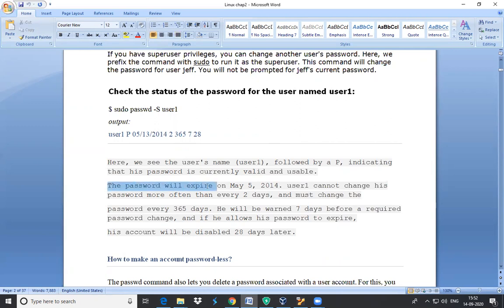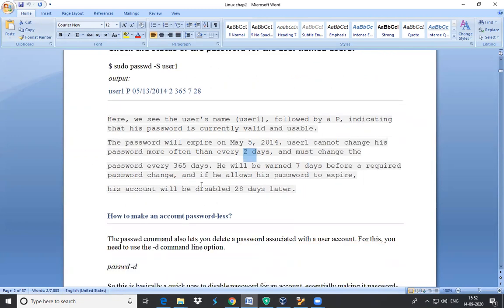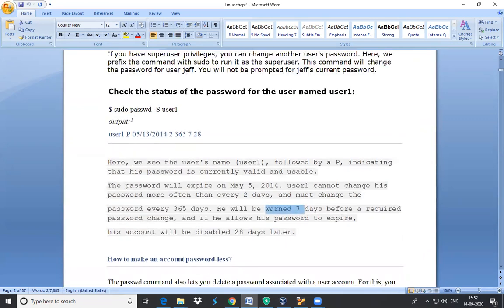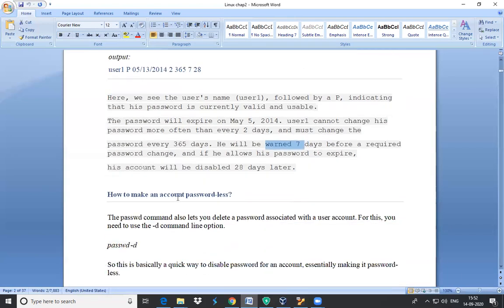Here this password will expire on May 5 2014. Then we have to change it after 2 days. After 365 days it will give the warning, 7 days before that you are required to change it. So all this status information will be given for user1.